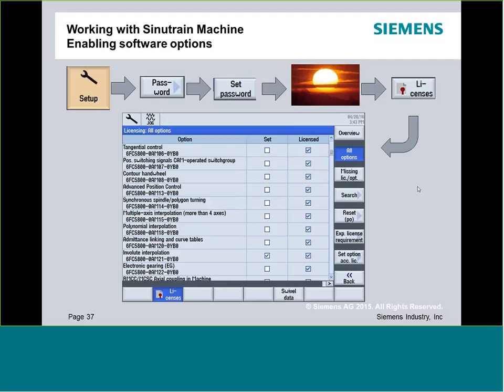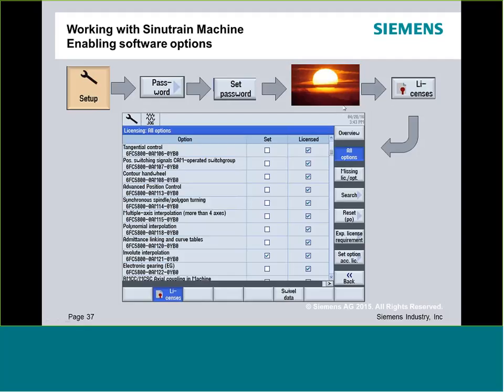Now, if you want to start fooling around with licenses, you do have to make sure that our manufacturer password is here. I put in our little picture of our sunrise, playing around with the name of our password. Those of you that know the name of the password get it immediately. Those of you that don't, hopefully you figured out that our password is sunrise. So anyway, make sure you set your password to manufacturer for some of these functions, or you may not be